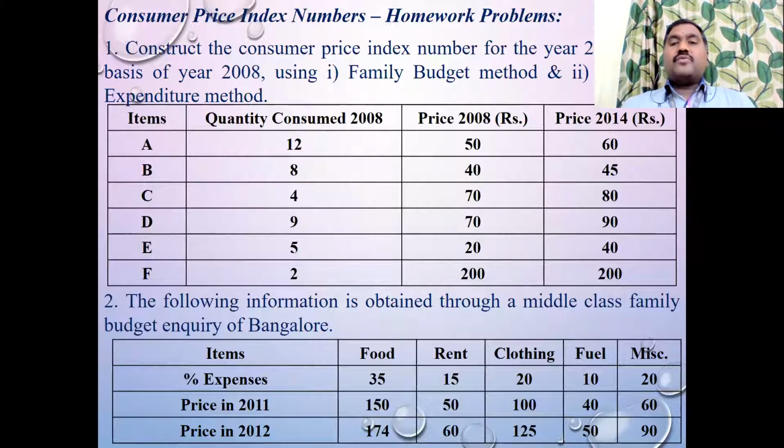Two homework problems under consumer price index. Already I gave 5 problems under weighted average and 5 problems under weighted aggregate, Laspeyres and Paasche. That was already given last week itself, but yesterday I received only one, two. One is from Vidyashree and one more person. So totally I received only 4 homework files for the last week's problems. I don't know about this week, because tomorrow your working days get over.